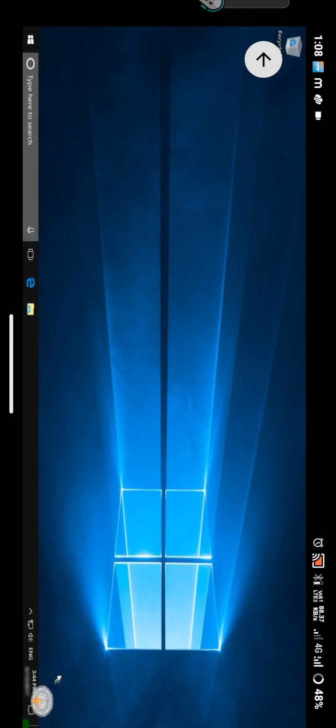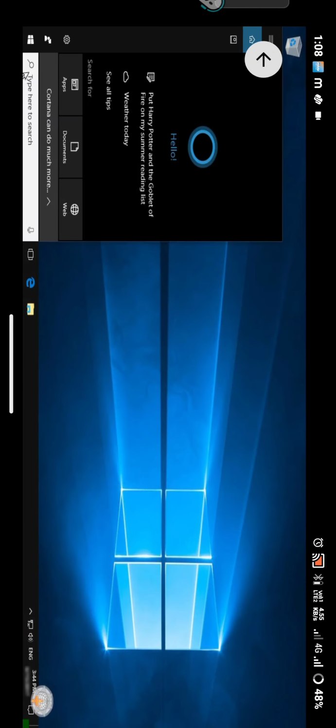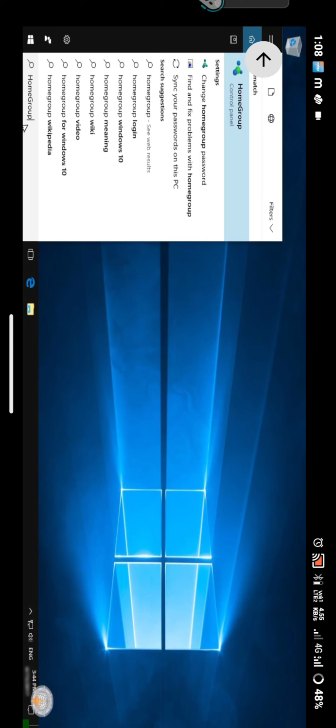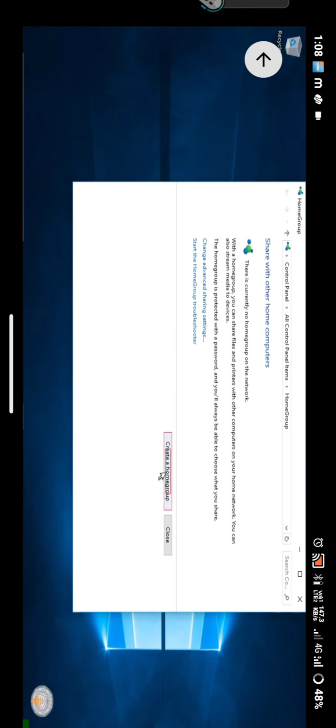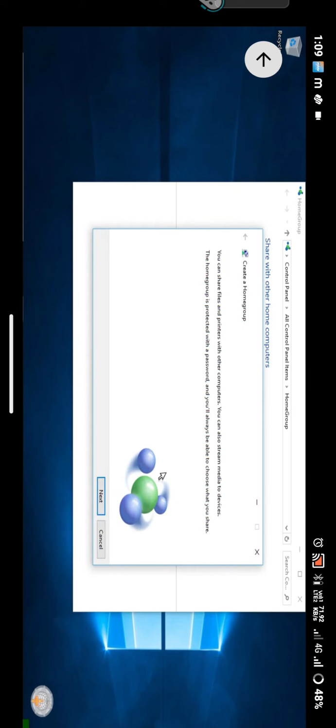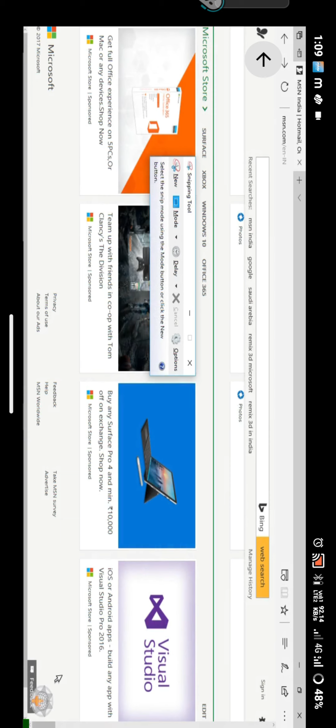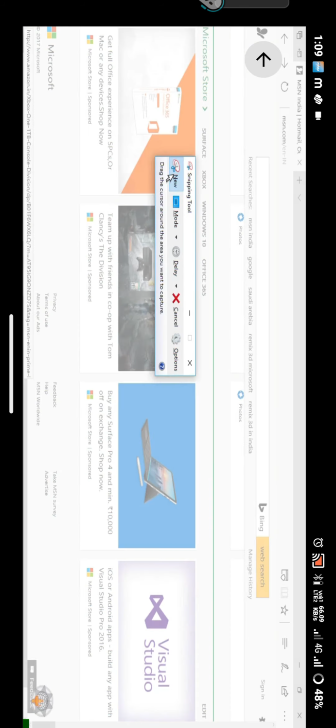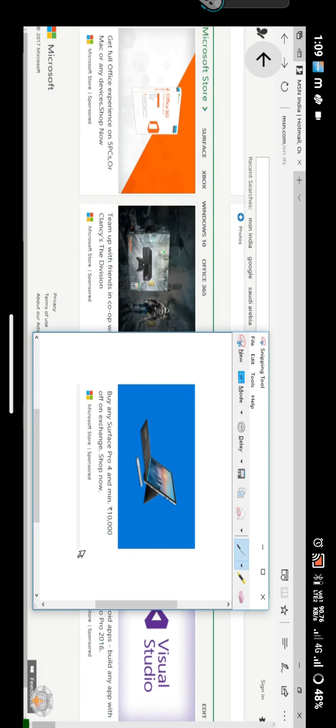Microsoft has consolidated the most common network-based sharing tasks into a single simple interface called Home Group. Computers in a home group can easily share documents, digital media files, and printers over a home network. The snipping tool captures a screenshot of anything on your desktop, like a picture or a section of a web page. You may snip a whole window, a rectangular section of the screen, or draw a freehand outline with your